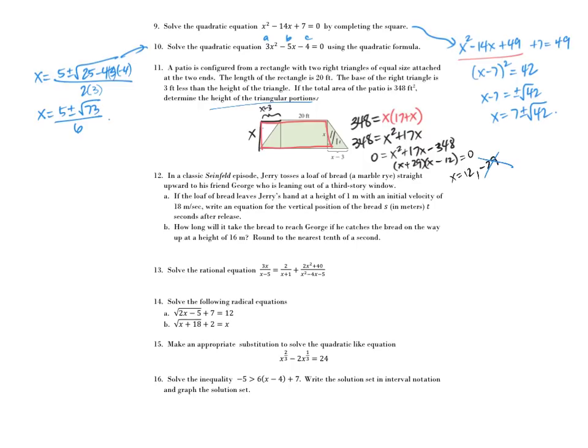In a Seinfeld episode, Jerry tosses bread straight upward to his friend George. If the loaf of bread leaves Jerry's hand at a height of 1 meter with an initial velocity of 18 meters per second,